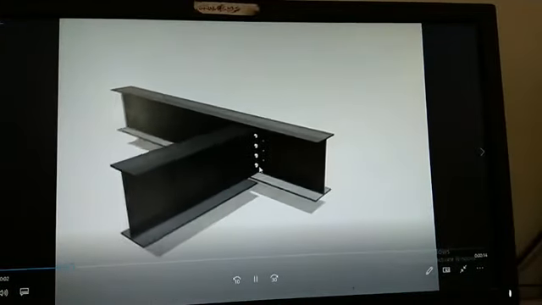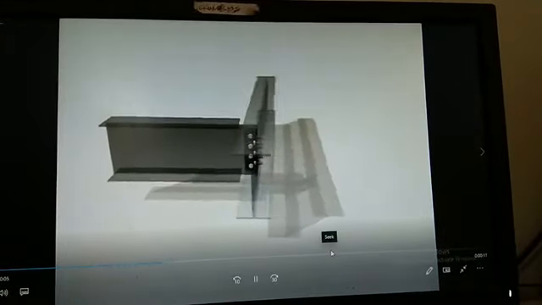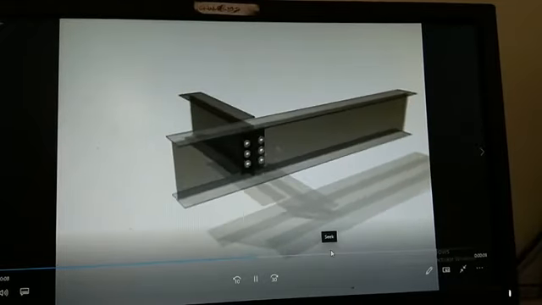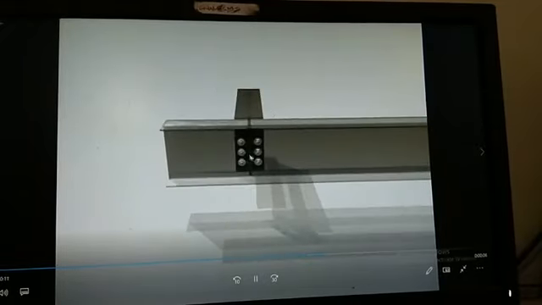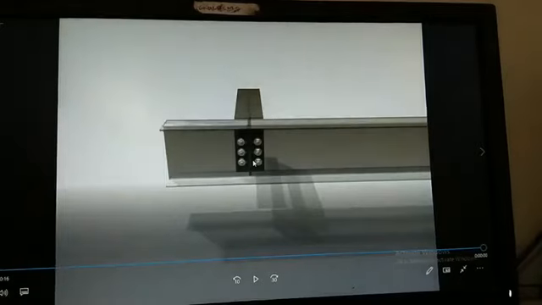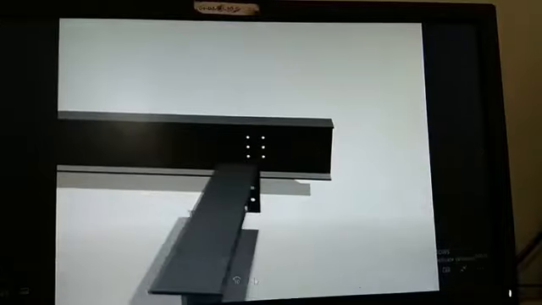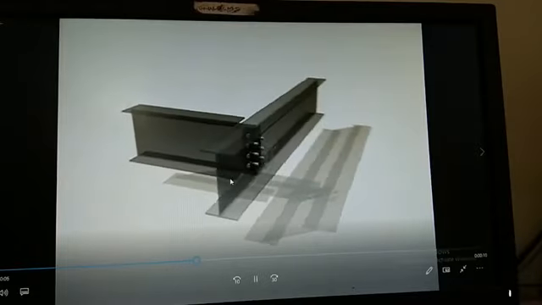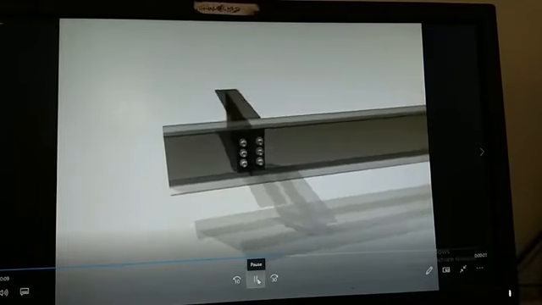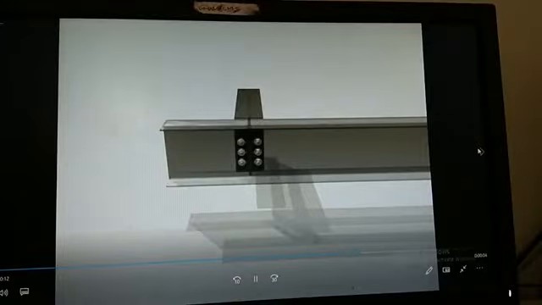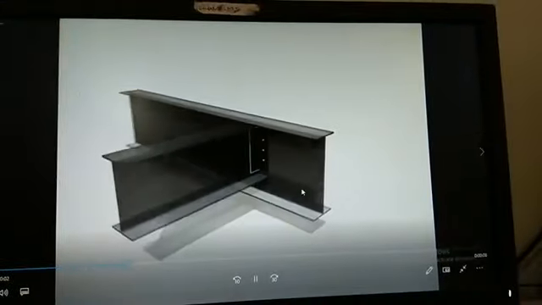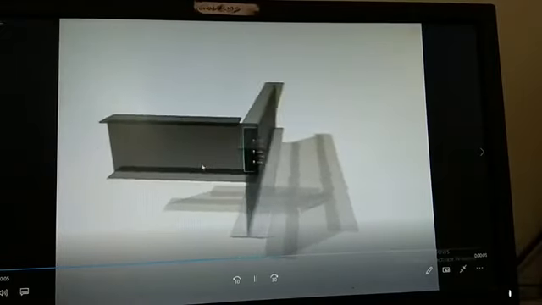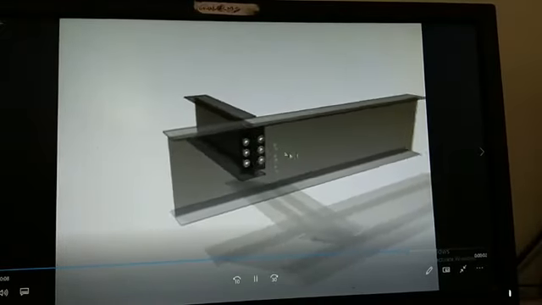So this is a beam to beam connection. Web is connected to web. That's how shear force can be transferred through the web alone. So why? Because the web carries the shear force. See how the web was connected to the web of the main beam. So this is the other way of connecting the minor beam web to the main beam web.